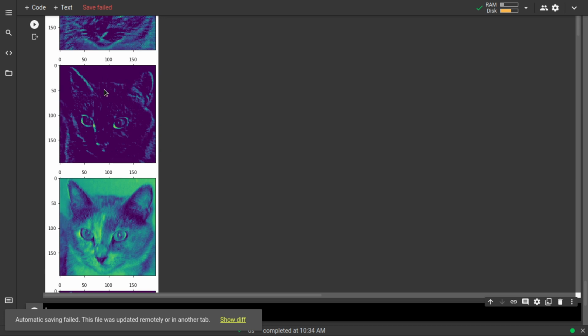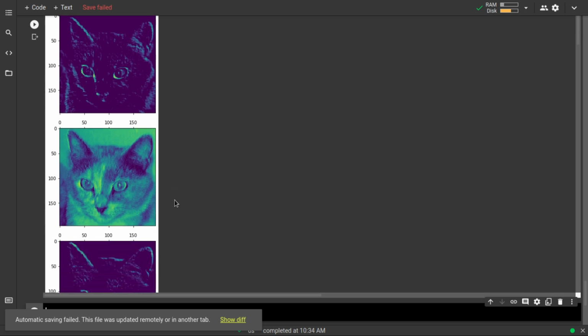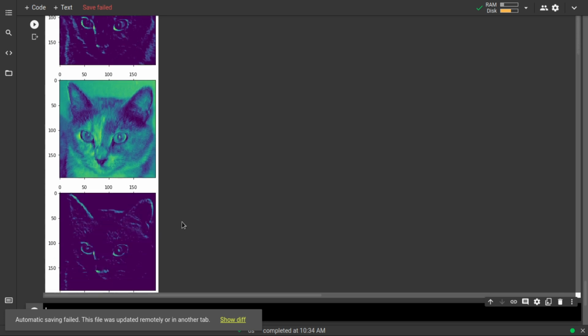Yes, so now over here you can pretty much see that this cat is having edge detection, and its eyes are getting more of a greenish tint.